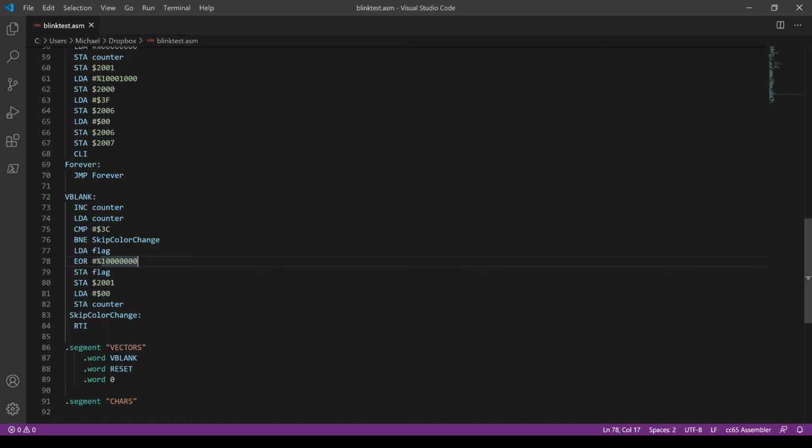So what we're doing here is using this exclusive OR repeatedly against flag, because when we come in here the first time, the bit that we're checking against here is 1. So when we do the exclusive OR, the 1 and the 1 will make it 0 as the result, and that turns the emphasis bit off. We store that into the register. The next time we come in through here, we do the exclusive OR on the flag, and it will have been 0 on that bit. So doing the exclusive OR, you get a 1 in the result,